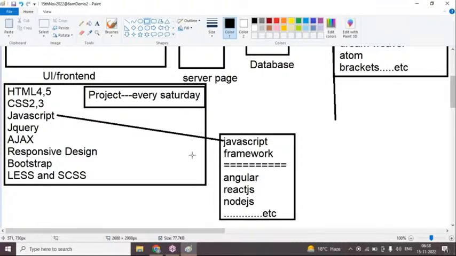But if you want to run the framework classes parallelly, you have to wait for the JavaScript topic here. Once I enter the JavaScript topic, from that day onwards, you can parallelly start any one framework: Angular or React or Node. If you know any framework, then it will be helpful to join as a front-end developer. After completion of 2 months or 2.5, 3 months, parallelly if you start it, after 15 days you can start